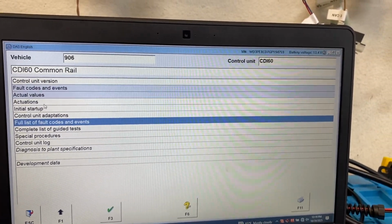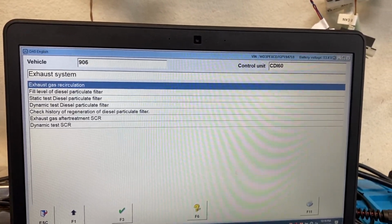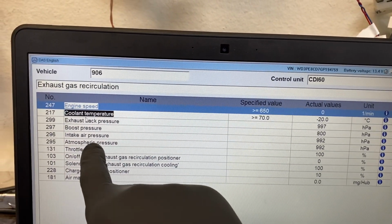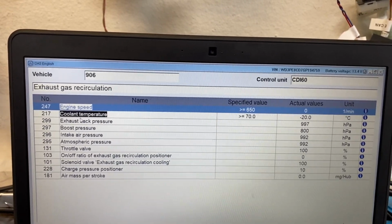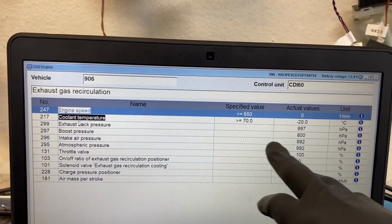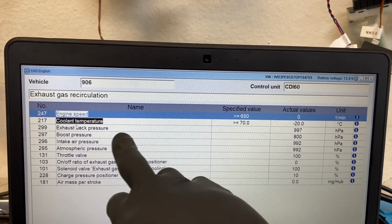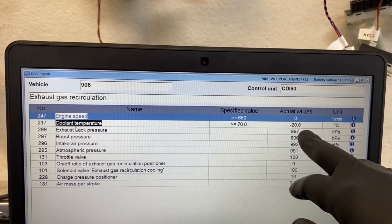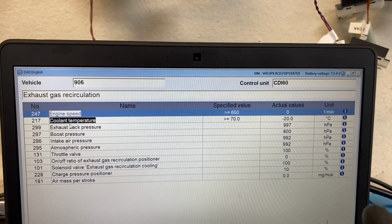So just to show you, we have a sensor on the bench right now. You would go into exhaust system, exhaust gas recirculation, and what you should be seeing is boost pressure and intake air pressure sensor. With the key off, engine not running, they really should be within about 10% of each other. So we have atmospheric pressure. This sensor is obviously not connected, none of these sensors are connected, but theoretically what you should be able to see is the exhaust back pressure sensor. When that fault was flagging, it was about 500. And then you would pressurize it and it would read off by a couple hundred